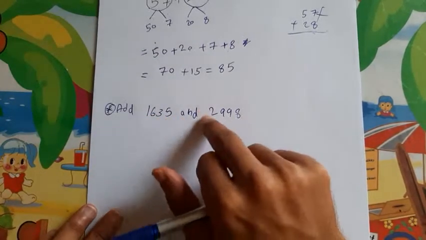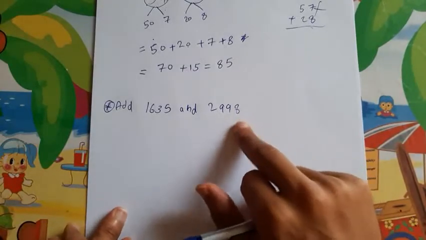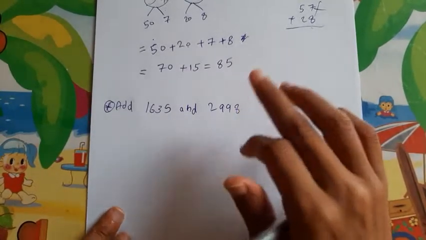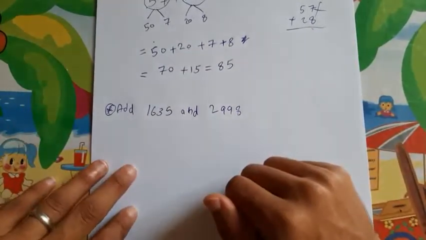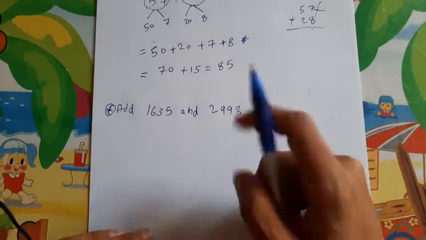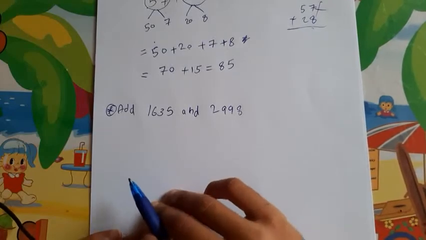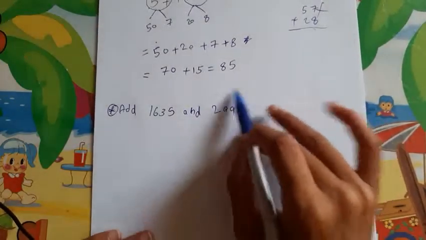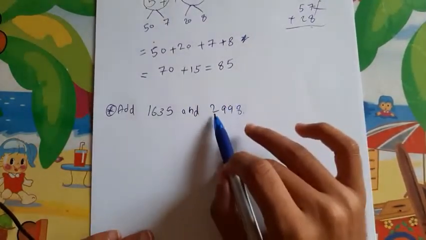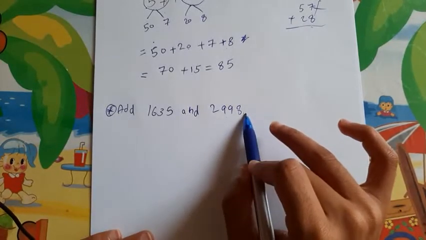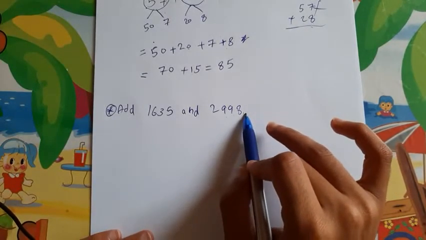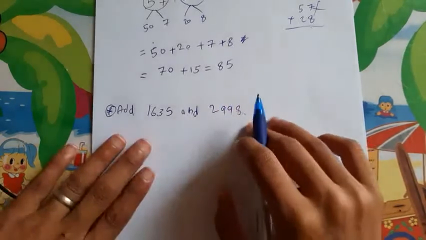Now, can you think about any way that helps us to add mentally? I'm going to say we can use the way that makes 2998 like 3000. Okay, this is not rounding, but